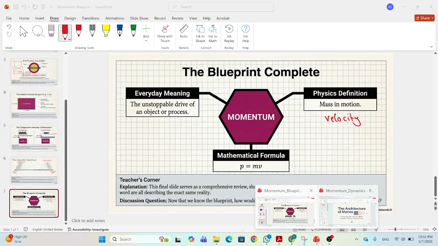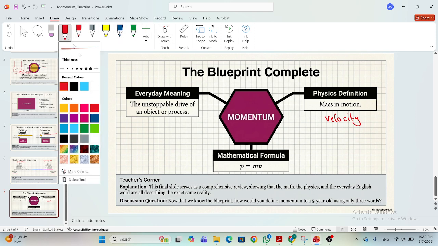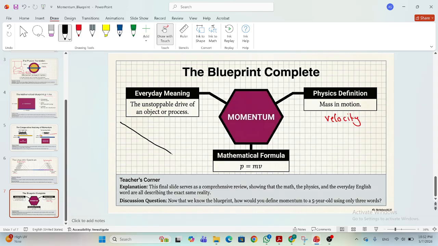Okay, so let me explain the everyday meaning of momentum. Let's see the meaning of this thing. For example, here we have a ball, and this is a sloping down surface. Okay, so actually when we leave this object downward on this side,